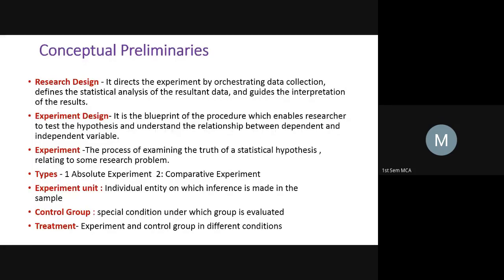Next is the extraneous variable. So this is some independent variable which is going to impact the effect of the dependent variable. What is the dependent variable? y. Suppose y is equal to 2x plus 7. Okay, y is equal to 2x plus 7.